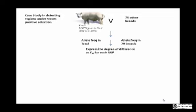So what I did was very simple. I took the three populations of Texel that were in the experiment: German Texels, New Zealand Texels and Scottish Texels. I put all the genotypes from them in one pot, and then I put the other 79 breeds that weren't Texels in the other pot. I calculated for each SNP the allele frequency in the Texels and the average allele frequency in the other 79 breeds, expressed that difference between the two populations using FST,